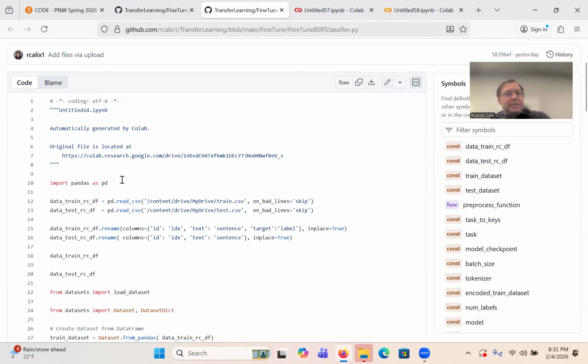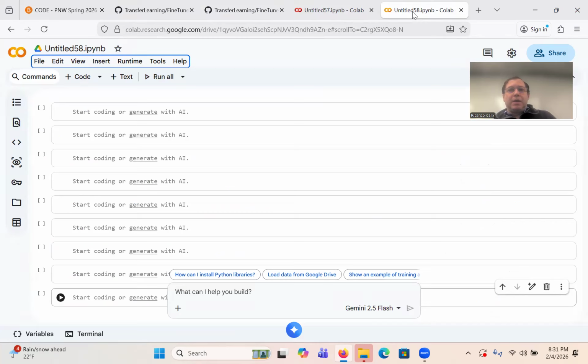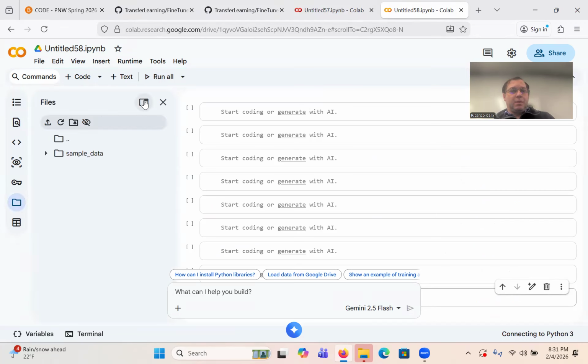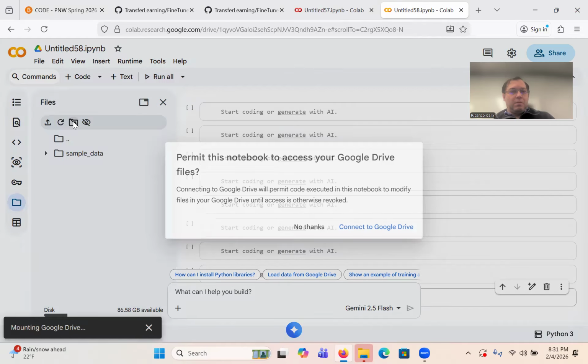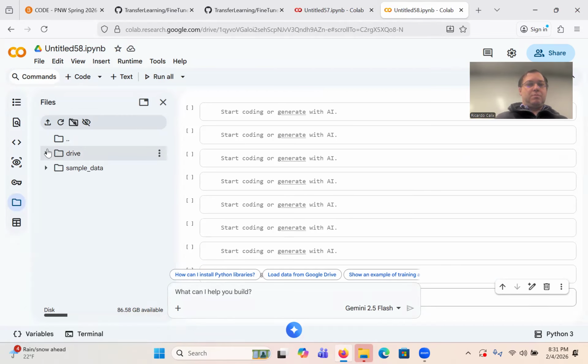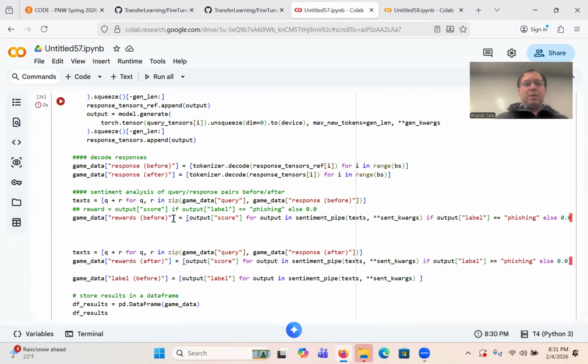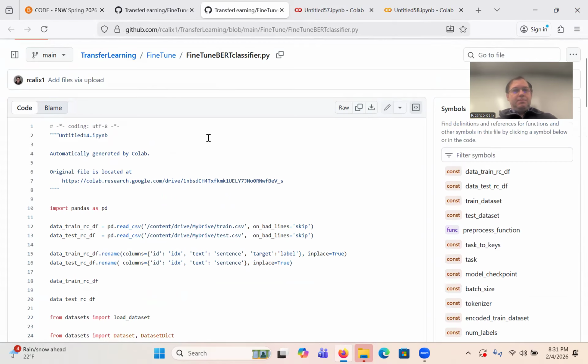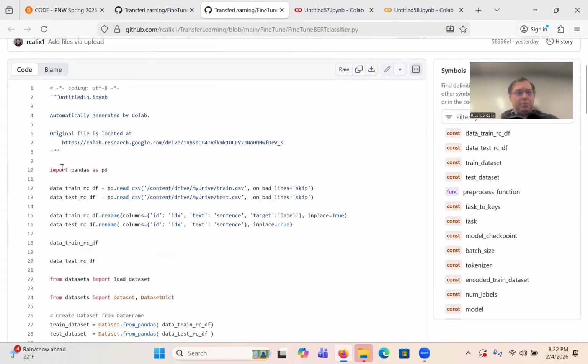All right, so we need the data. So I need to mount the drive. I already mounted these files. Connect to Google Drive. So the sentences with the labels. So they should be in there. Okay. Then I'm going to read in the data.